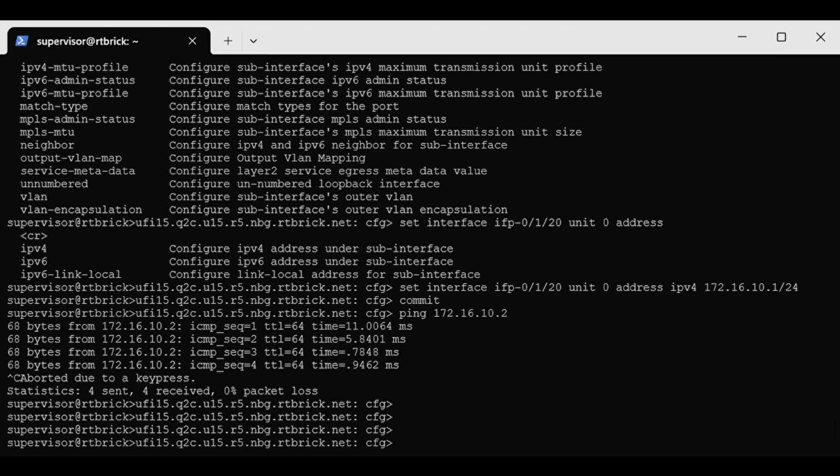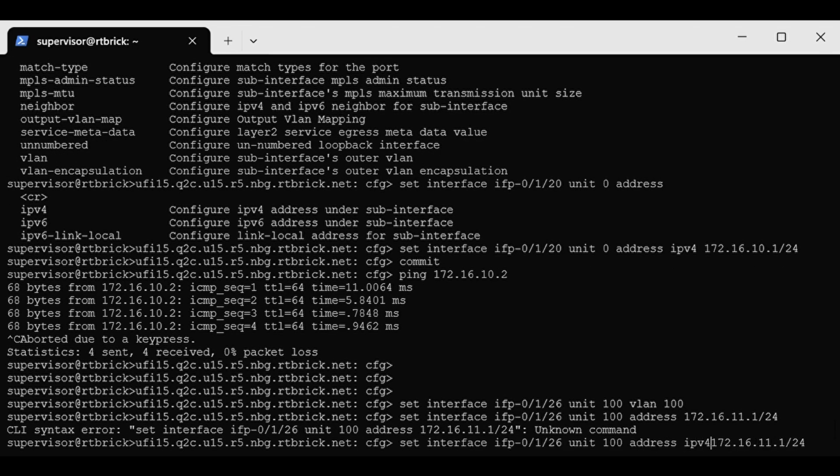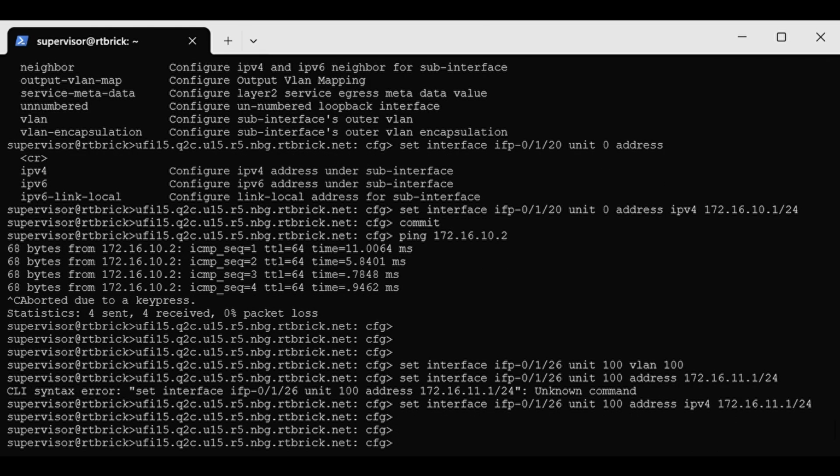We will configure an interface that uses VLAN encapsulation. Again, we use the command set interface, this time IFP 0/1/26. We define unit 100 and set the VLAN to 100. Additionally, we assign an IPv4 address to this logical interface unit, just as we did for the plain Ethernet interface